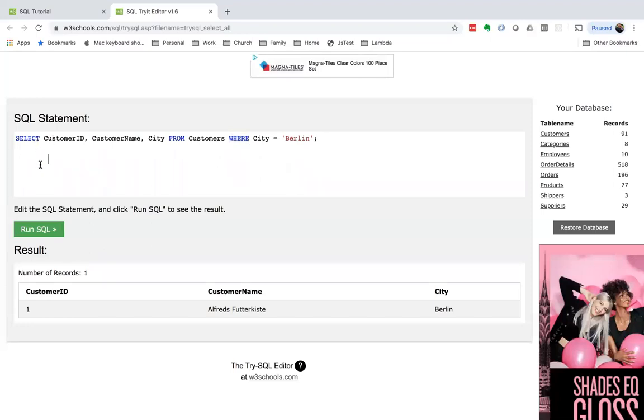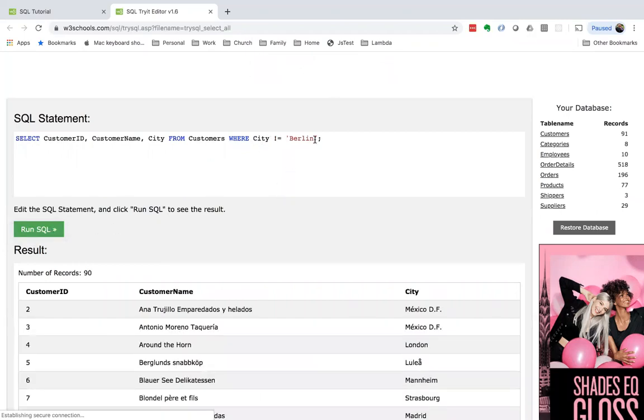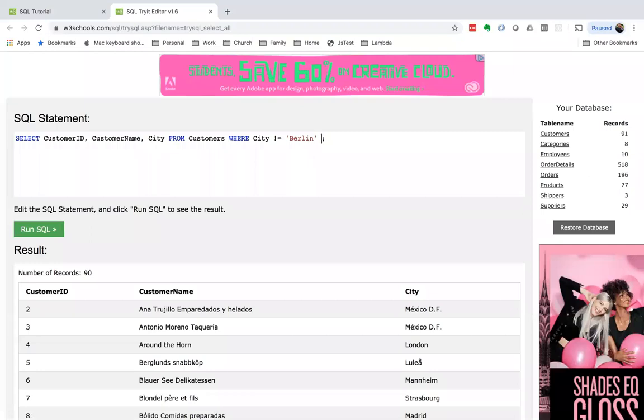One of the things that you will have noticed about SQL as a language is it reads in a very intuitive way. The actual command that you're giving is very much like an English sentence: select these fields from that table where this is true. But then using syntax, we can make these more complicated. So for example, we could say where city is not equal to Berlin, and then we can add another statement and say, and customer name